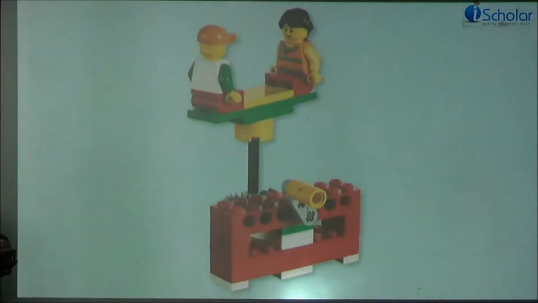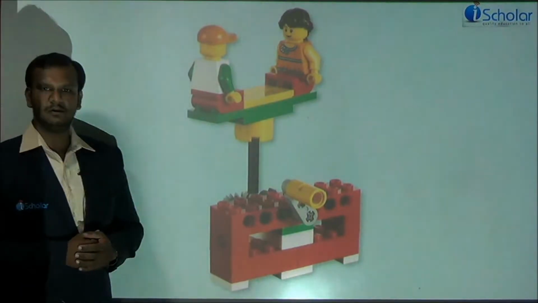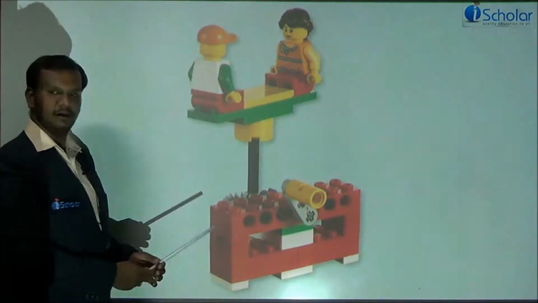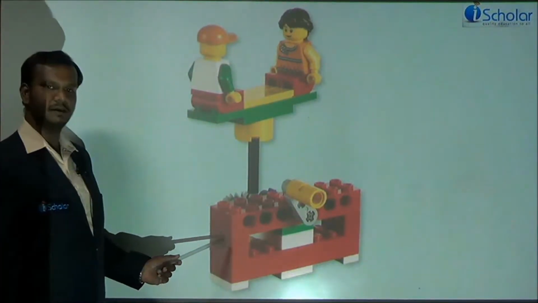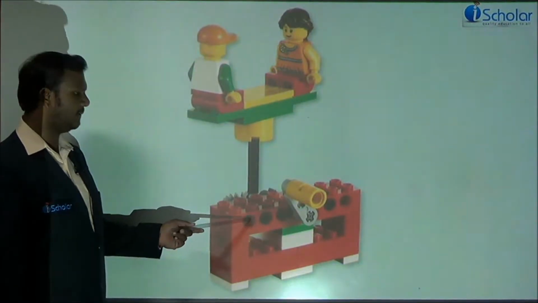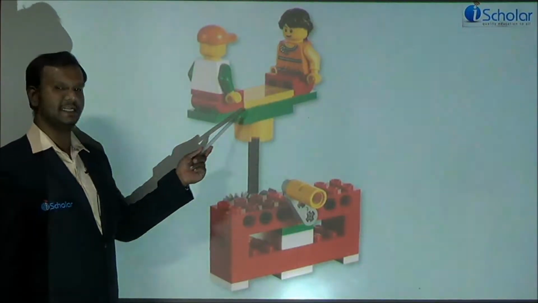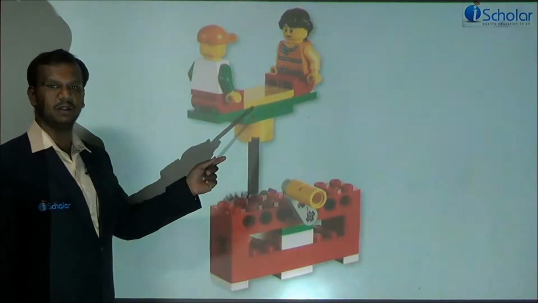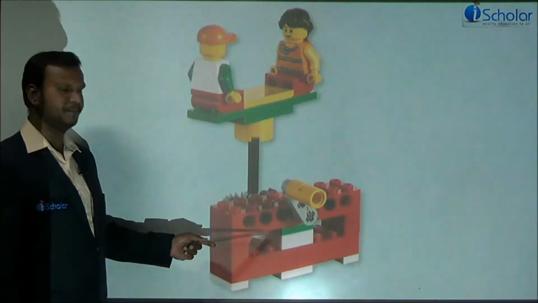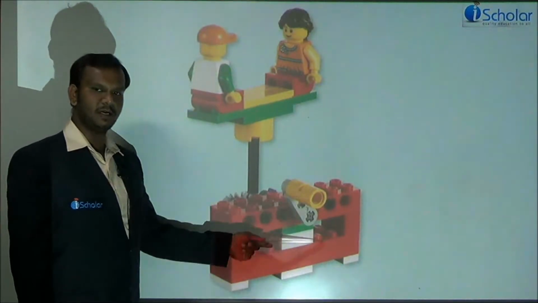So here you can see the image of a merry-go-round. I hope you are seeing the image clearly. You can see a thick piece at the bottom provided with a handle, or a block, which is supported by an axle, and over that we have the seating arrangement where you kids will be sitting, such that the person who is standing next to this block will place his hand on this extender and he will rotate.